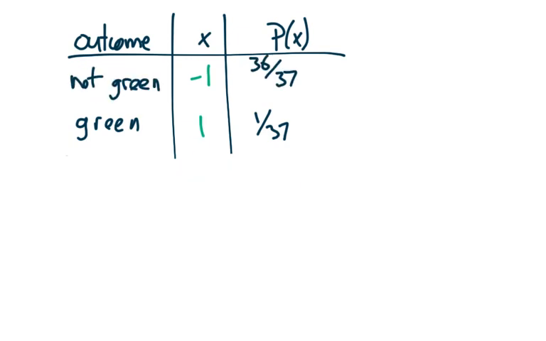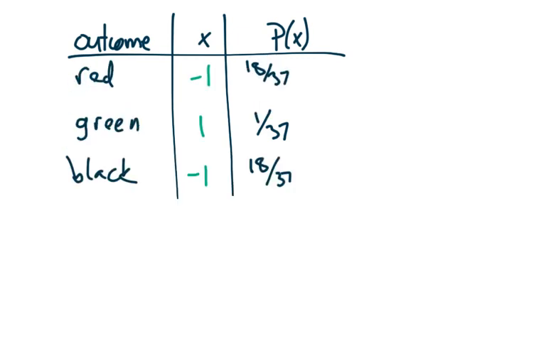Green or not green. Green has a probability of 1/37th, and not green has a probability now of 36/37. It's again numerical values that depend on outcomes of my experiment, and they each have probabilities tied to them. The point of these examples is that the outcomes of the probability experiment may not be a quantitative variable. They could be a qualitative variable, like a color, right? But we can still sometimes have a quantitative variable that depends on those outcomes.